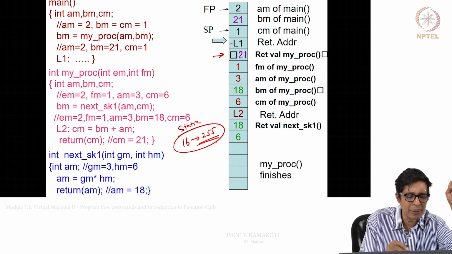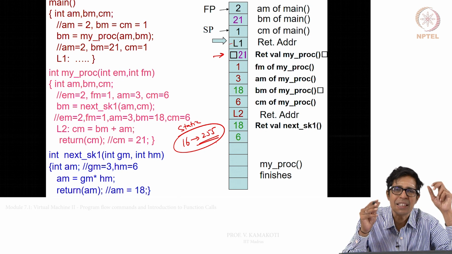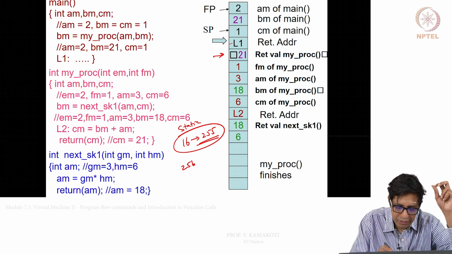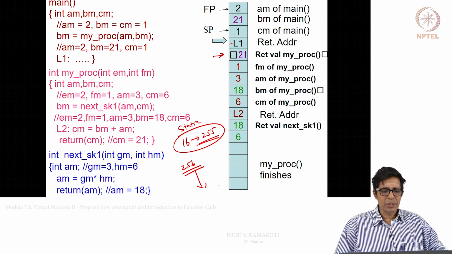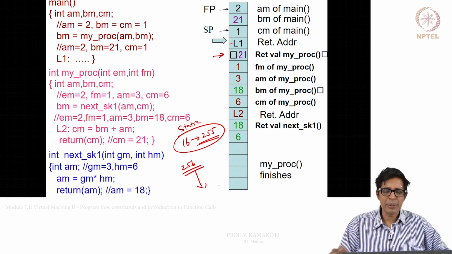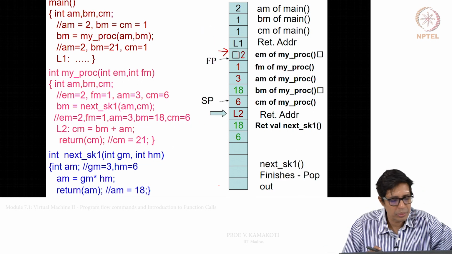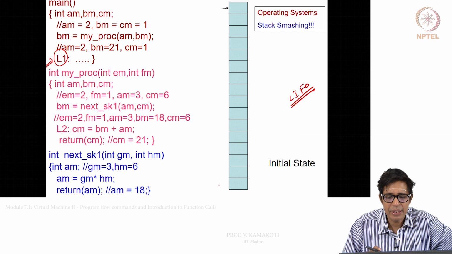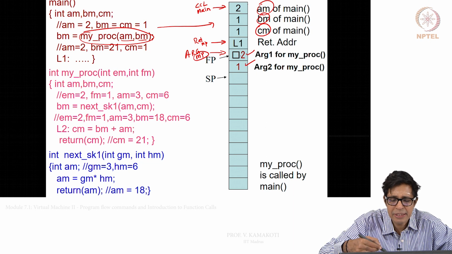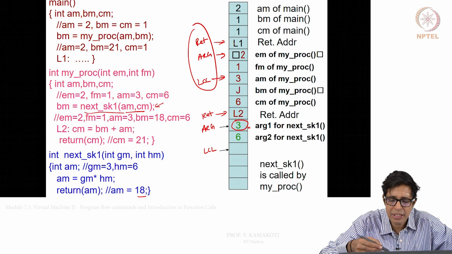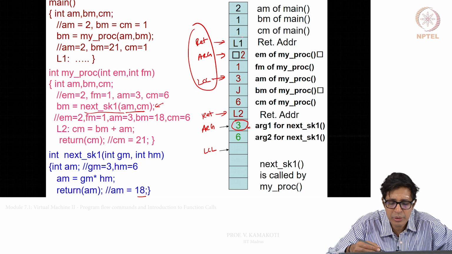But for all the local variables and other computations, it will be allocated as part of the stack, and your stack normally starts from 256 to a very large address, right. So when a function is executing, a frame is created. Let us go back and see what has happened. When main starts executing, a frame is created where your local variables are, and when myproc starts executing, again there is a frame which says where you want to return, what your arguments are, what the local variables are, and so on.